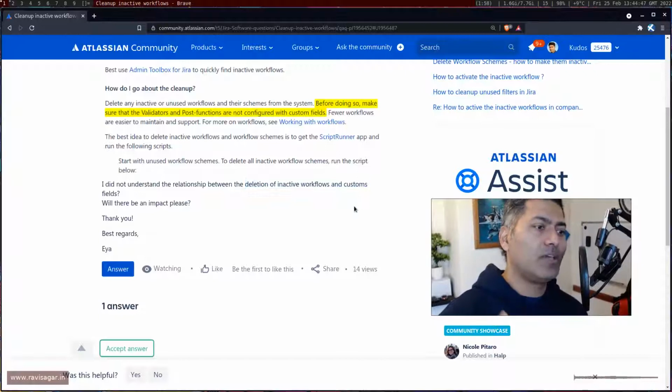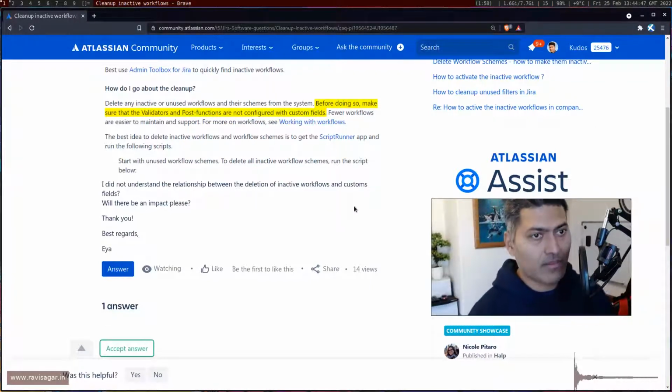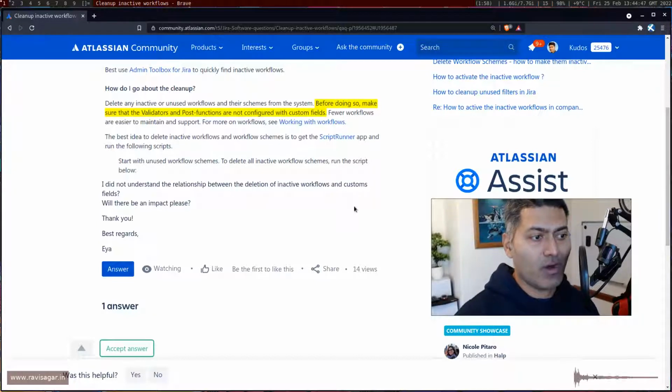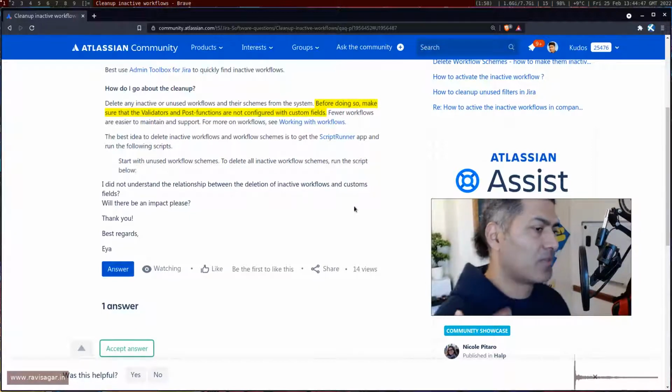So the relation is basically from the custom field side. If you're trying to get rid of the custom fields, then make sure that particular custom field, although it might not be used anywhere else, it might not be in a screen, but the custom field can be there in a condition, for example, or maybe a validator. And if you remove the custom field from the system, then although your workflow will work, the workflow will not really complain, it won't really show you anything on the front end side, because the user will try